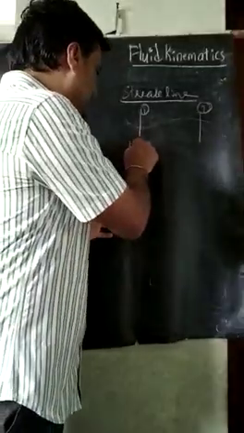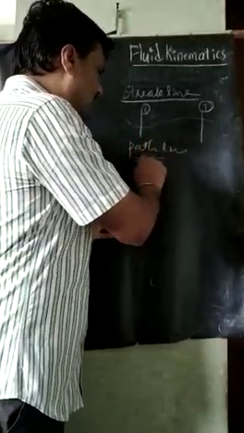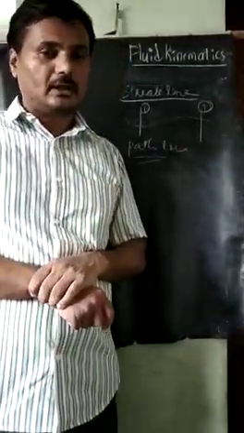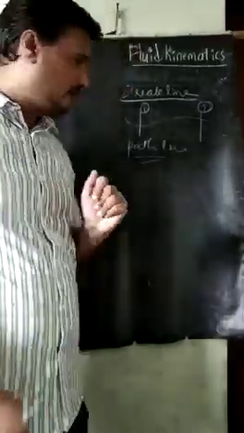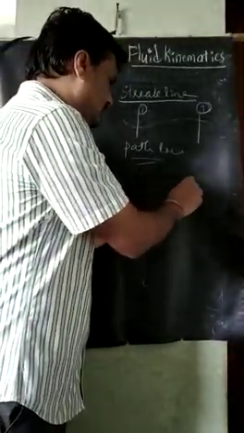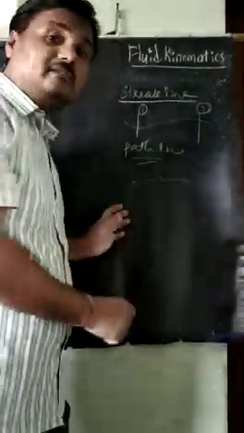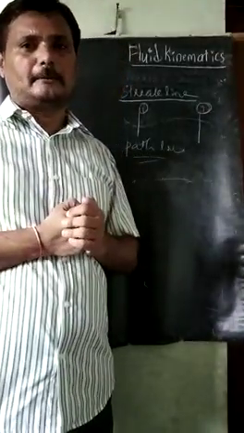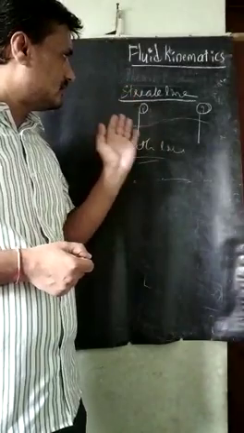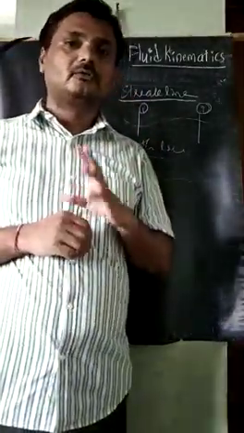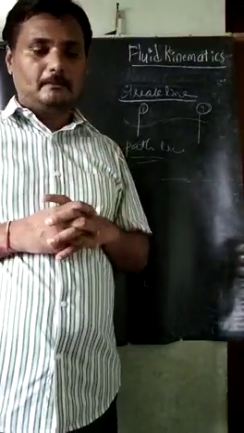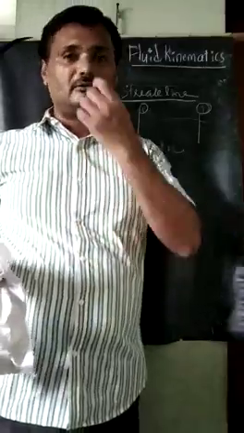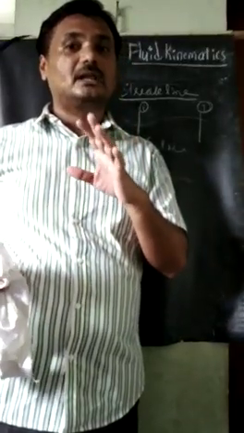So next is the path line. Path lines are generated by photography, and mathematical expressions are not done here. We are only connecting the locus of points by moving dyes in the liquid. That is called a path line. These are the three lines we are studying in fluid kinematics: streamline, streak line and path line. But streamline is very important, because all the derivations we have done are based on taking the streamline only.